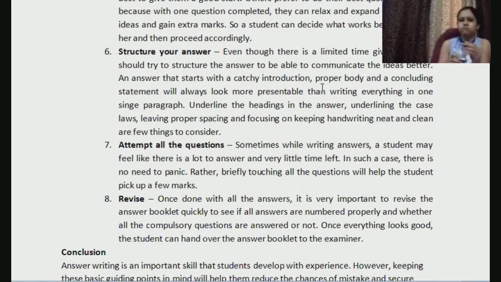When structuring the answer, a point should be cut and clear, and the examiner, while seeing the points or structure, has to understand, "Oh, this fellow knows something." So you need to answer your questions properly so that the examiner feels, yes, this fellow knows something, we should give marks. So accordingly, you should answer it.